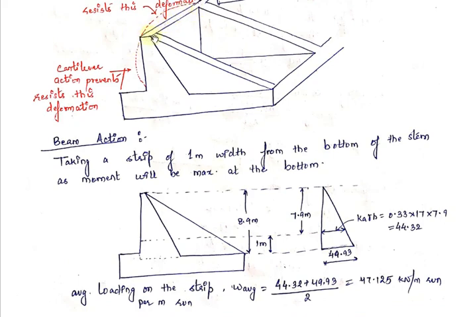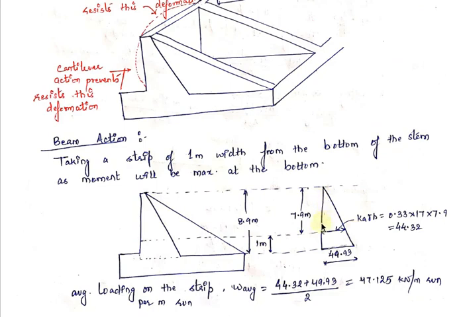And for beam action we divide the stem into small strips of 1 meter. Now, one question comes up: which strip do we have to take? Do we have to take a strip at the top of the stem, or at the bottom of the stem, or at the middle of the stem? If you take the strip at the top, the value of the pressure intensity at the top